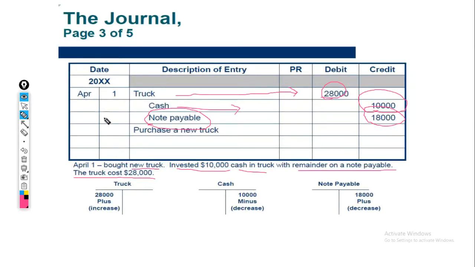As you can see from this journal entry, the ledgers are posted. A ledger is a T-shaped account which we'll cover in the upcoming lectures. You can see a brief description here. Truck is debited. This, as I said, is always the debit side, as it is the left. This is always the credit side in an account. Hence truck is debited, so this is debit. Cash is credited, here comes credit. Note payable is credited, here comes credit. Also, this is a classic example of a compound journal entry, which we'll cover in further lectures.